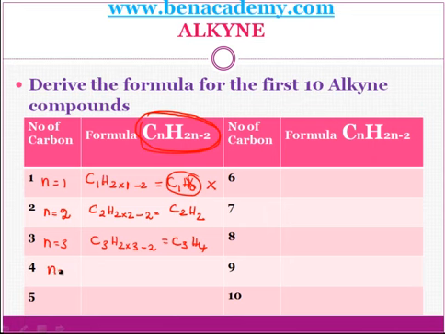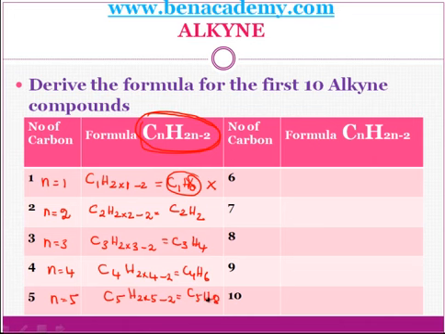Then what will be the formula if n is equal to 4? That is C4H, 2 into 4 is 8, 8 minus 2 is 6, C4H6. If the number of carbons is 5, then the formula will be C5H, 2 into 5 is 10, minus 2 is 8, therefore C5H8. And if the number of carbons is 6, the formula will be C6H, 2 times 6 is 12, 12 minus 2 is 10, therefore C6H10. If the number of carbons is 7, then the formula will be C7H, 2 times 7 is 14, minus 2 is 12, therefore